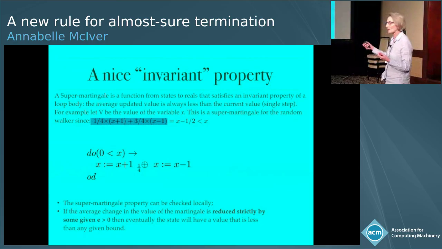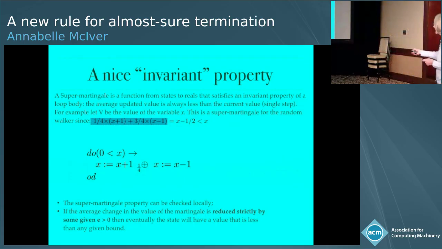And so therefore we can say, well, what's the average value of this V if we allow the program to iterate a single step? And so this V is a super martingale if that average value is always less than or equal to the value that V was initially. And so I've just worked out for this particular probabilistic program, we can take V to be the actual value